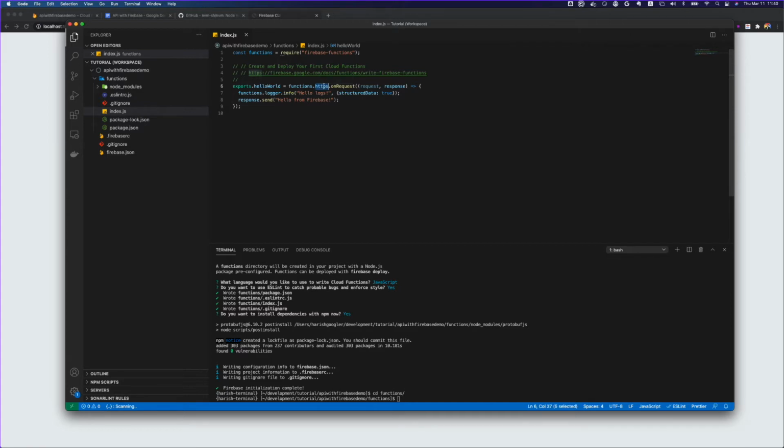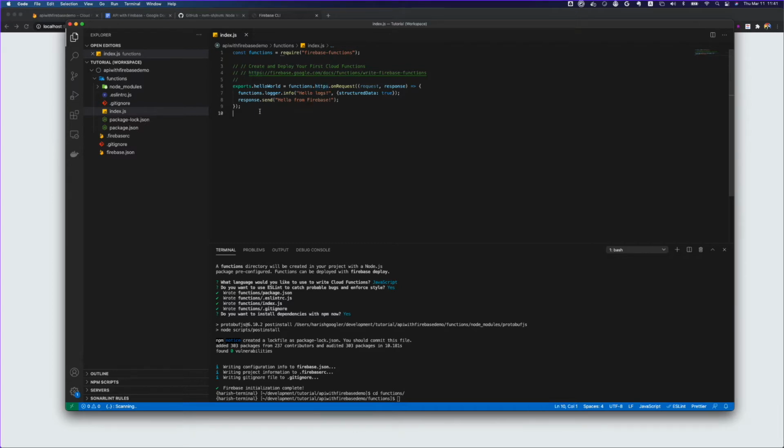Basically one is HTTPS, where you can call it as an API. Then there are document based functions, like if you have a database and whenever some create, read, or update is happening on that table or collection, you can trigger a function. So there are many ways to trigger a function in Google Cloud's Firebase.